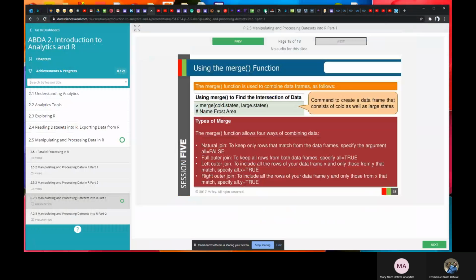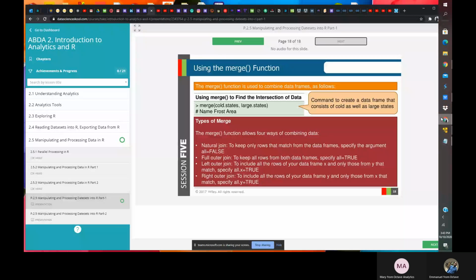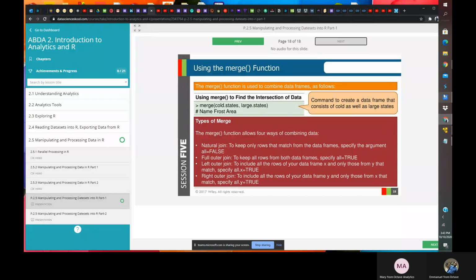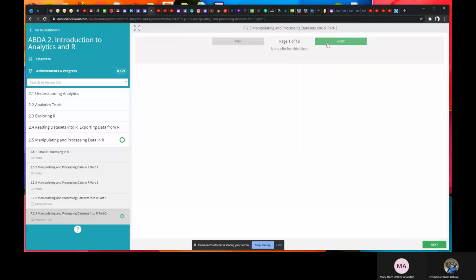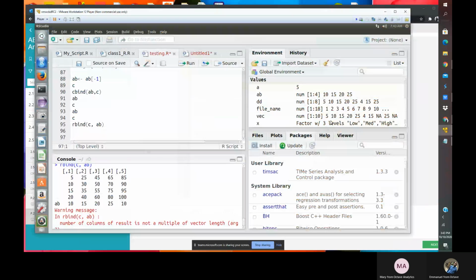Okay. So talking about the merge function, what can we use to do a match?